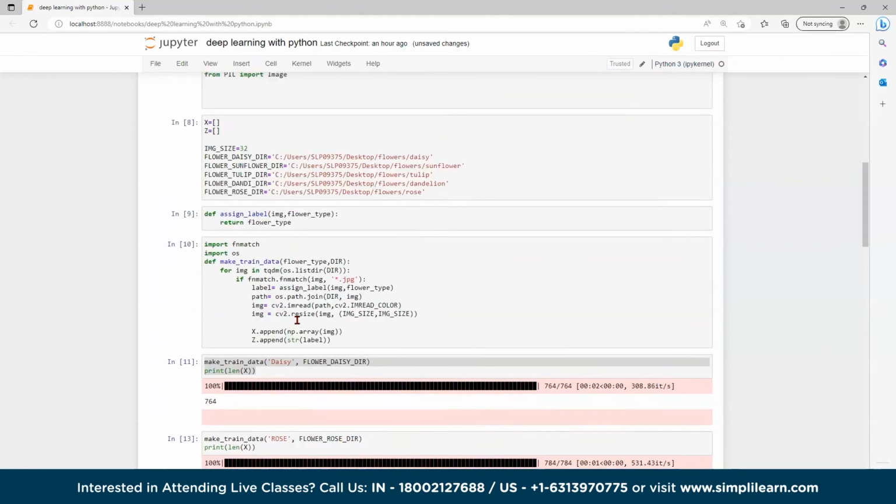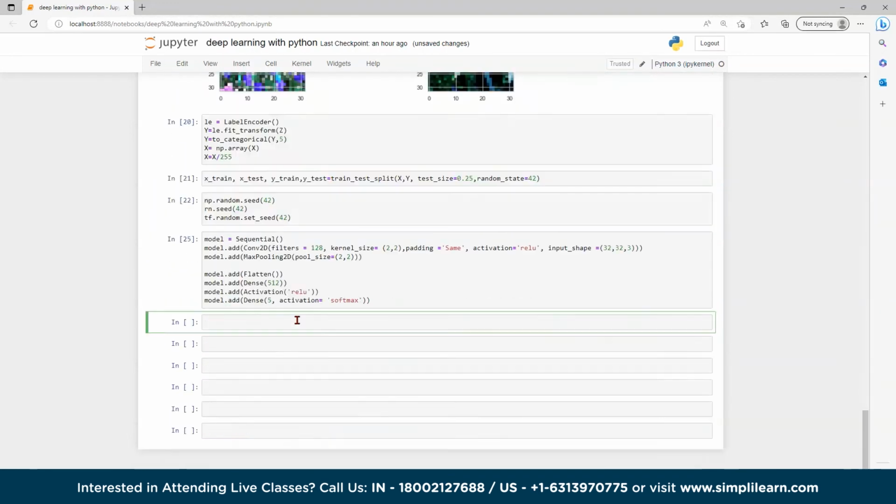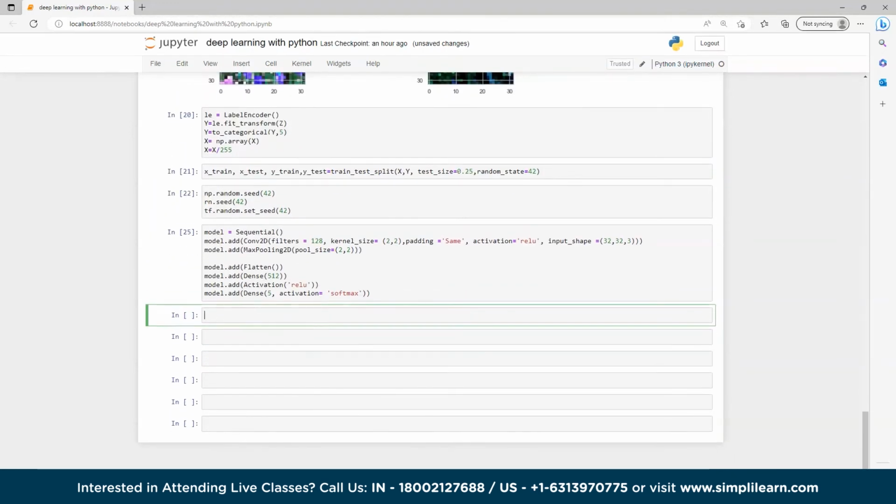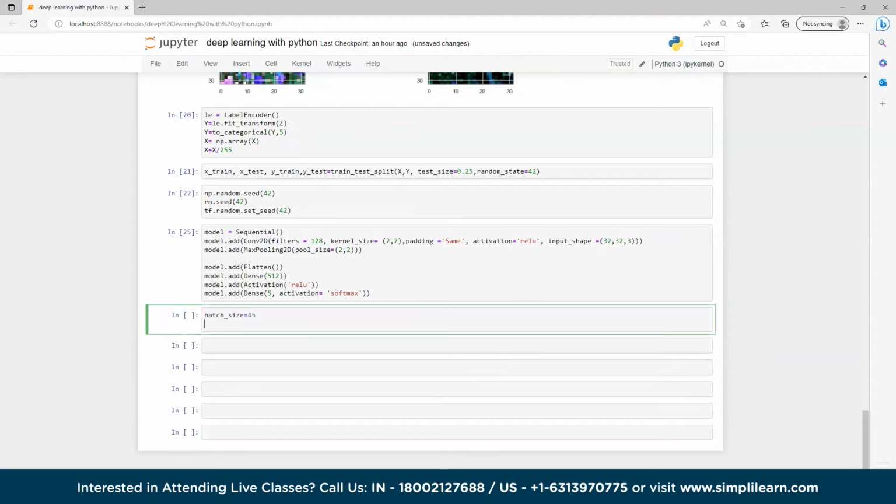Yeah, it's running. So now what I will do, using what we learned earlier, we will set the batch size, we will set the epochs, and we will do the callbacks. For that I will write batch size equals to 45, then epochs will be 10,